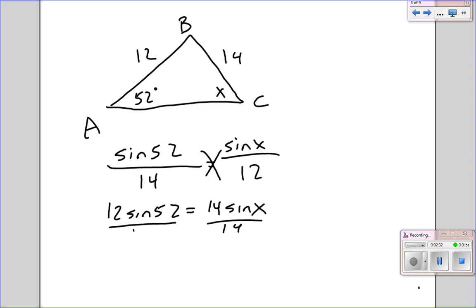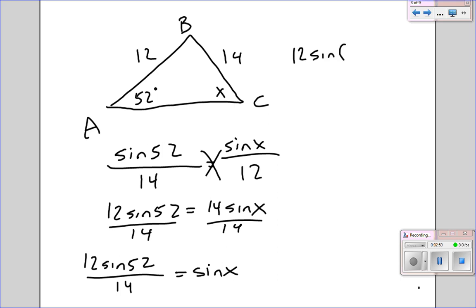Divide both sides by 14 now. So you get 12 sine 52 over 14 equals sine x. Now this piece here, 12 sine 52 divided by 14, you can just type that in your calculator. But be very careful. You make sure you type in 12 sine, and it'll open up a parentheses. You need to make sure that you close that parentheses before you divide by 14, or you'll get the wrong answer. So we type that in our calculator. We get 12 sine 52 divided by 14 gives us